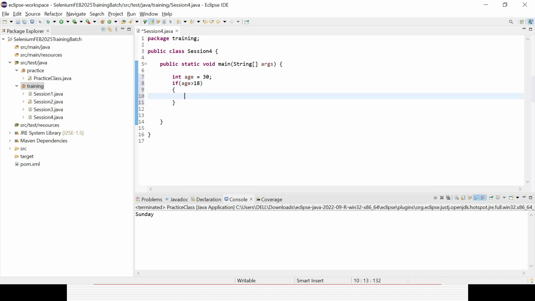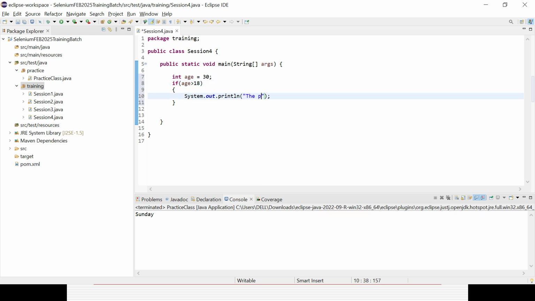In case age is greater than 18, so I know that in India, as and when any person's age touches 18, that person will be treated as an adult, and he is eligible for the voter ID and he can give the vote. It can be Lok Sabha vote, Vidhan Sabha vote, or a municipality vote or panchayat vote, anything, in India. Okay, so here I can mention something,